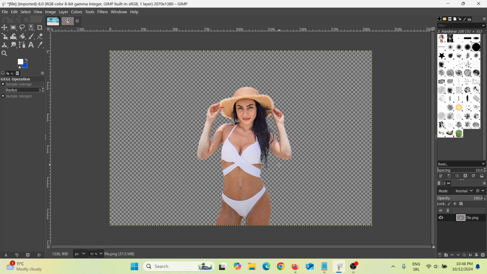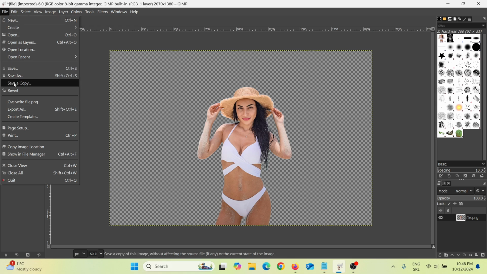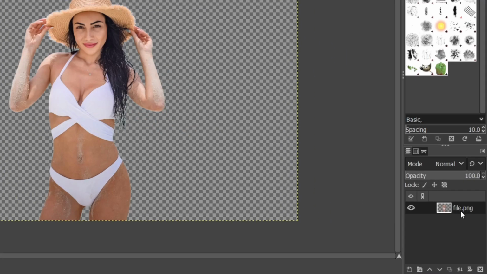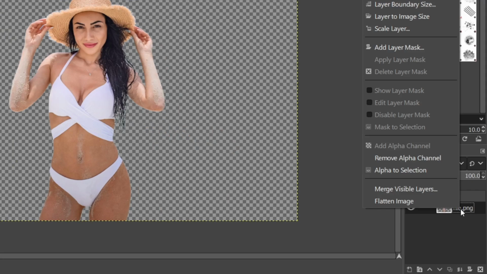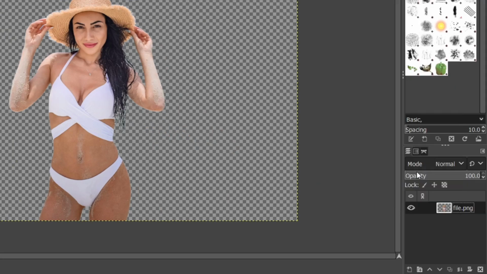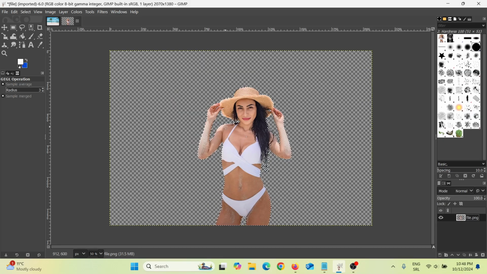So after you remove the background from this image, what you can do is click here on File and then click here on Export As and export this as a PNG. Or you can simply right click here and then click here on Alpha to Selection. Now I selected this image and now I can simply click Ctrl C to copy this image, and then